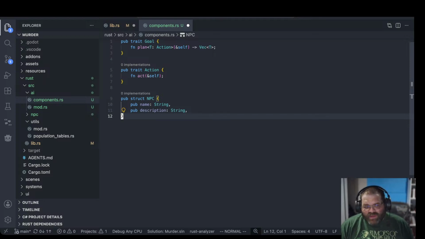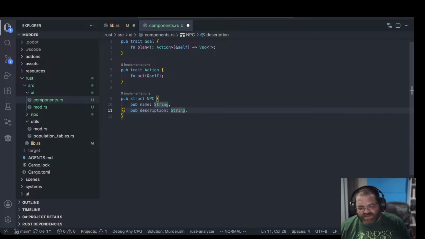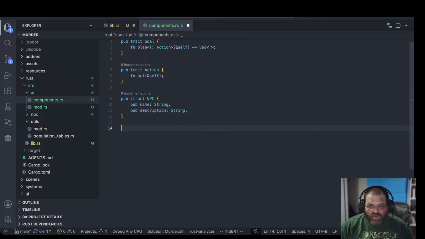In Bevy and in entity component systems, I would not assign things like location or other components that need to exist on this NPC here. This is like attributes that are very specific to an NPC. In object-oriented programming, an NPC node might inherit from a node with a location already, like a location in the map. But in Bevy, what we would do is